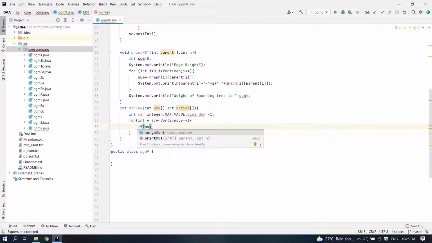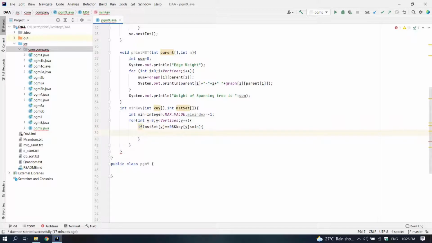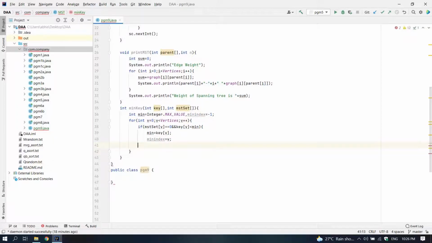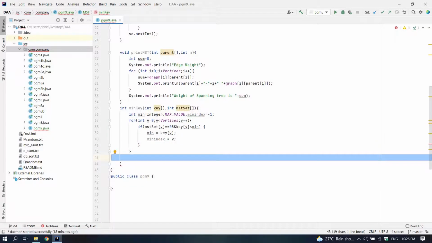So now we are going to iterate through all the vertices of the matrix and we are saying if the vth position of MST set is 0 and key is less than min, then we are storing the index and min value. And after we have iterated through all the vertices of the graph, we are going to return the min index.